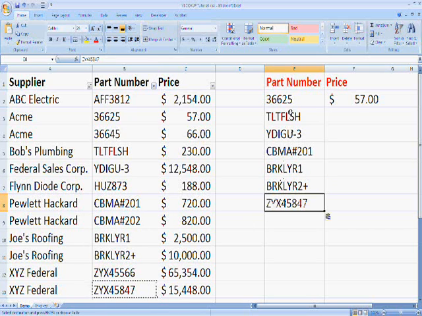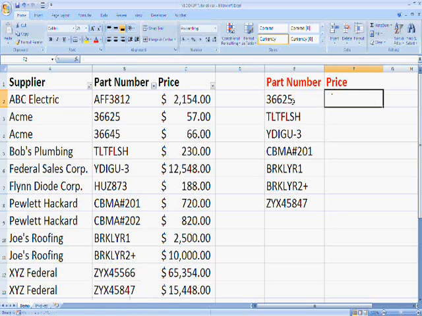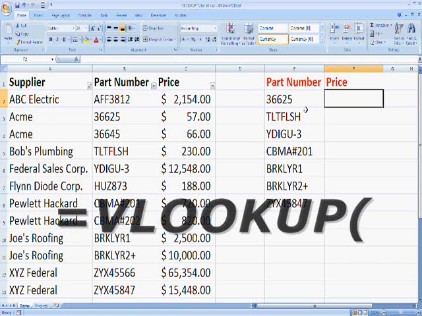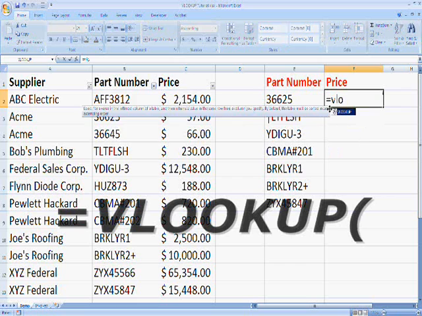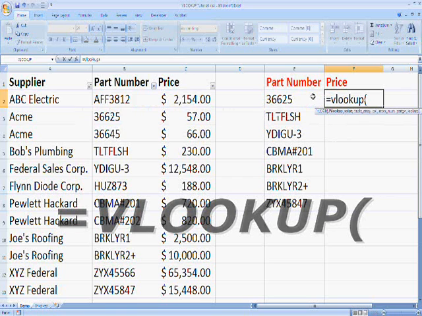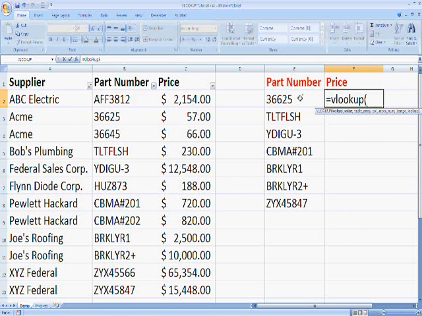So what I want to look for is, instead of just looking for one part number, I'll delete this. Instead of just looking for one, let's look for a lot of these, but just a certain set out of that right column from the left column. So if we do our VLOOKUP again, and instead of just looking up the 36625, let's highlight this whole mess,